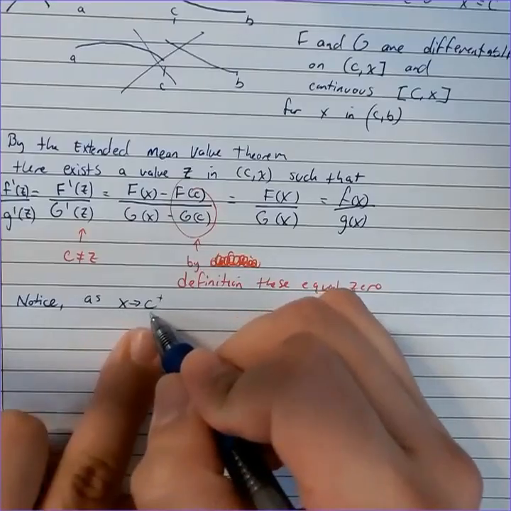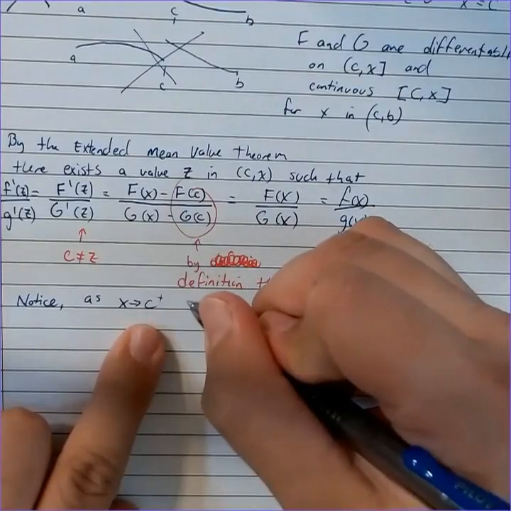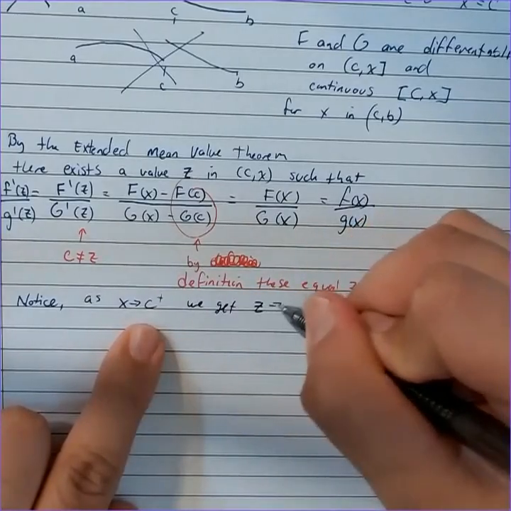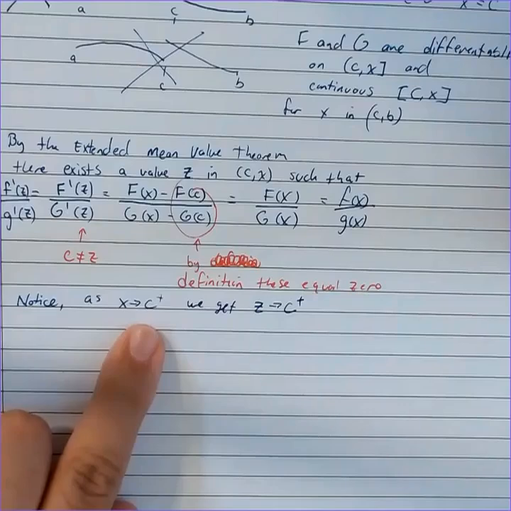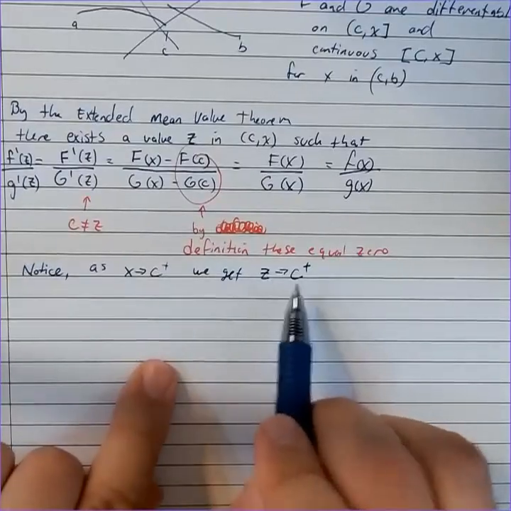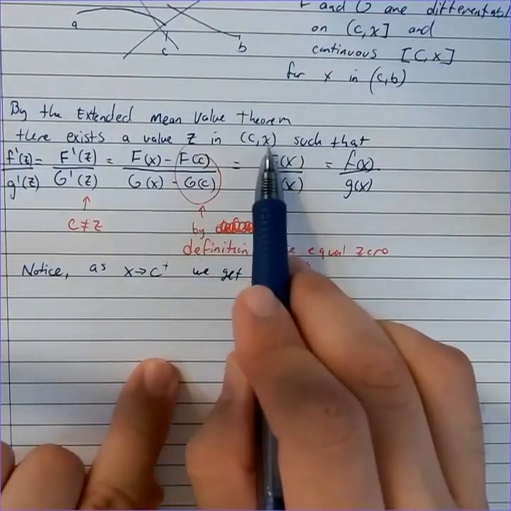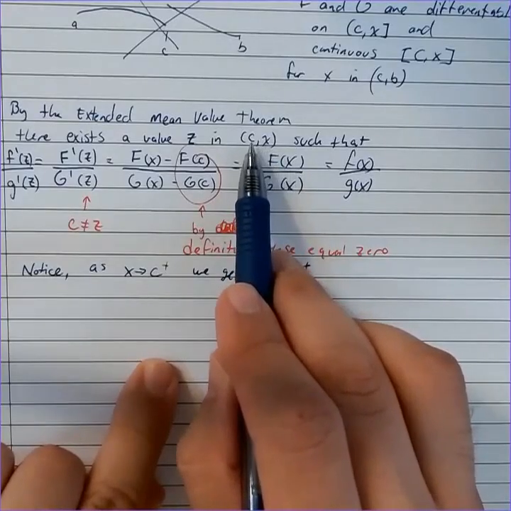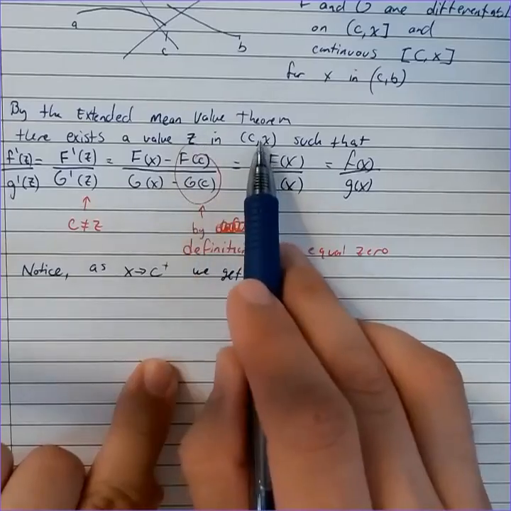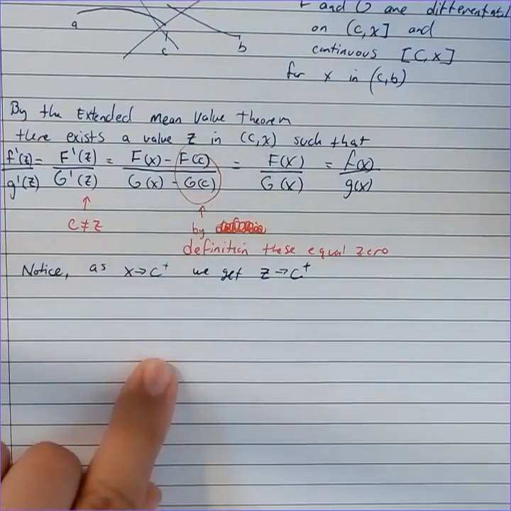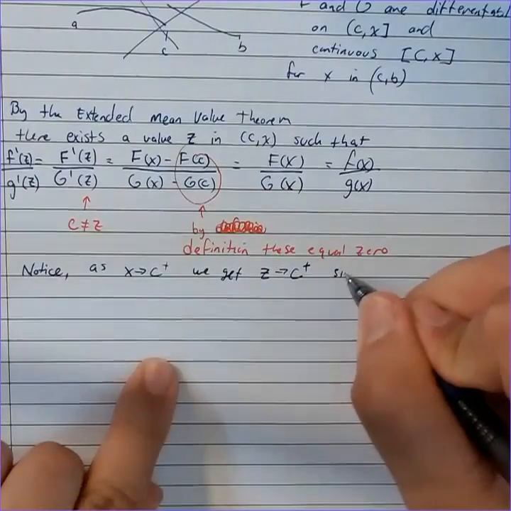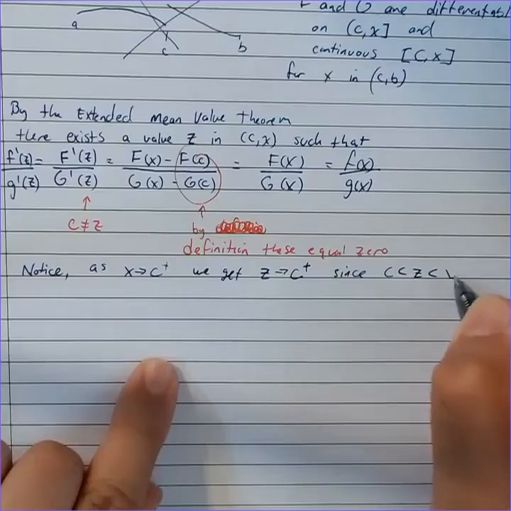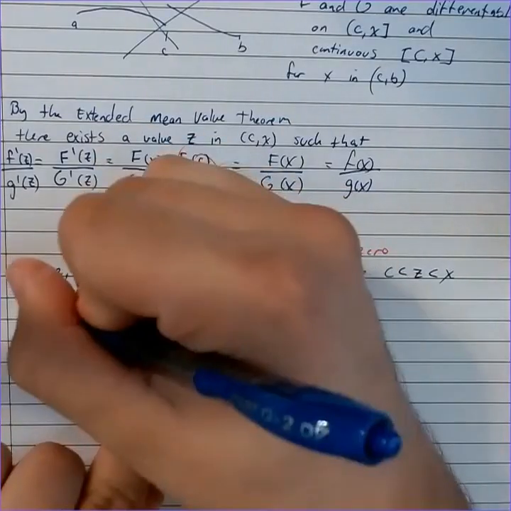Notice as x approaches c from the right, we get that z approaches c from the right. Z is stuck in between. So if this one is moving toward the left, towards c, then z has no choice but to do the same. Since that's true,